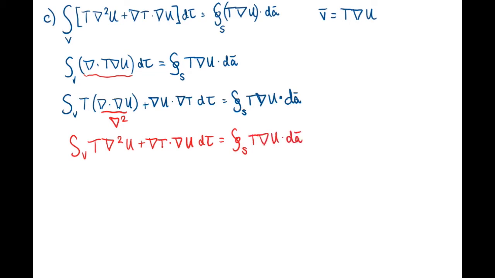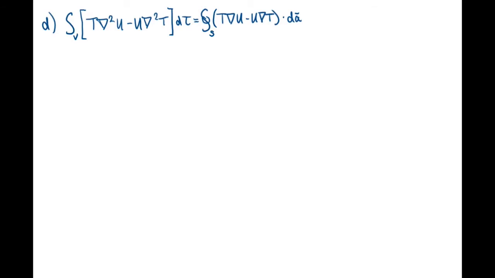And that's it. Part D asks us to prove Green's second identity, which is that the volume integral of t times the Laplacian of u minus u times the Laplacian of t is equal to the surface integral over a closed surface of t times the gradient of u minus u times the gradient of t dot dA. So we will show this using our result from part C,